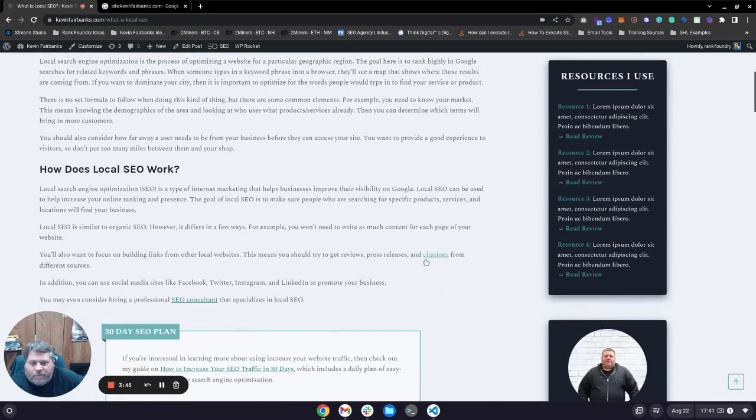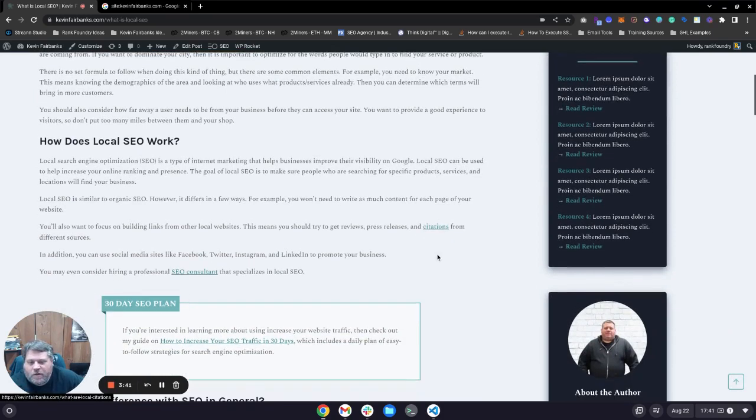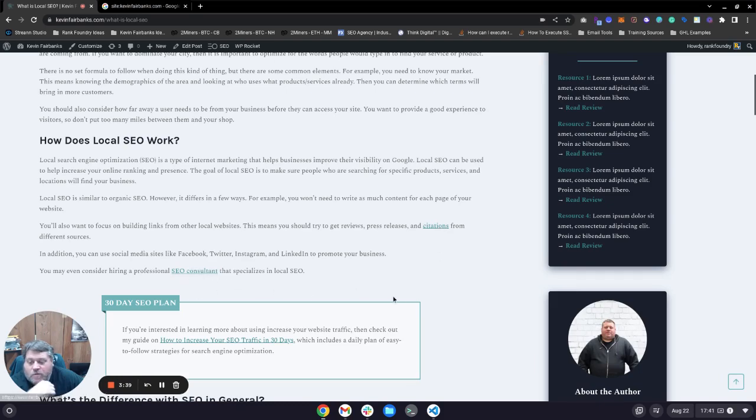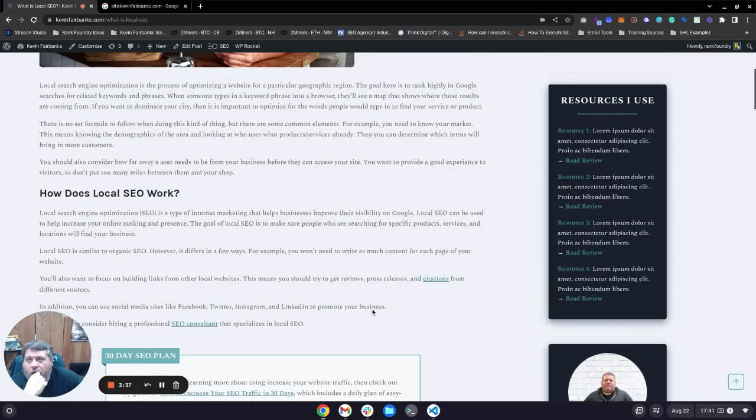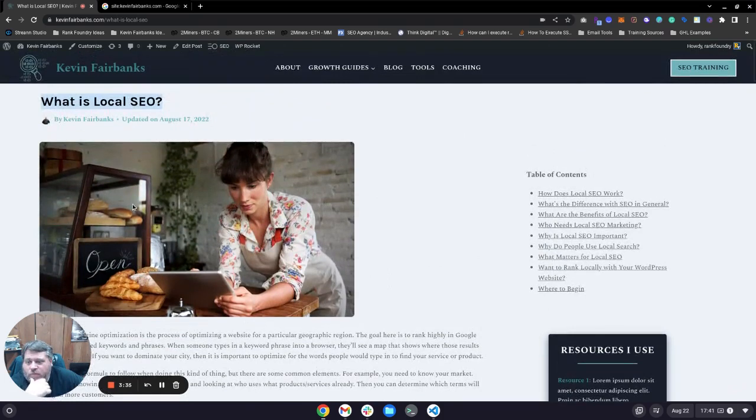So anchor text, if you're not familiar with it, that's the text that gets used on a link. So like these two links here, it's citations and SEO consultant. In addition, you want to use it within an image file name. So you can name the image file containing your keywords or variations of your primary keyword, the alt text on